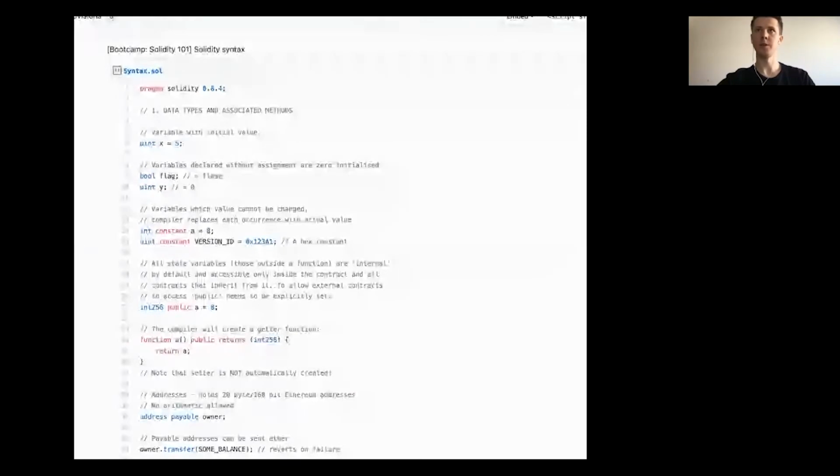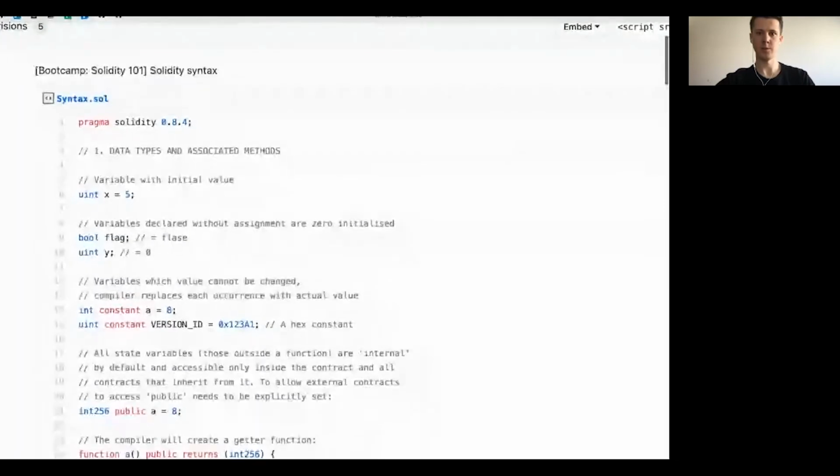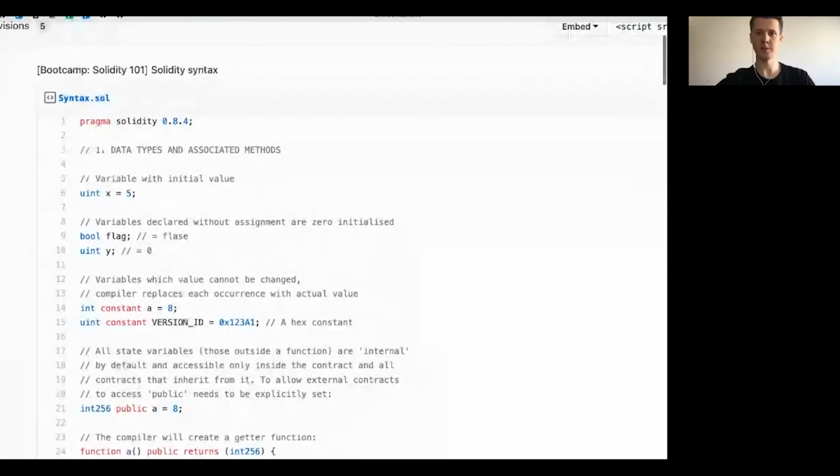Okay, I'll try to make this window bigger so you don't have black borders. All